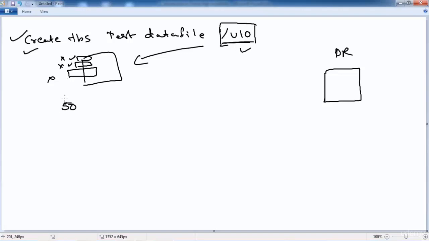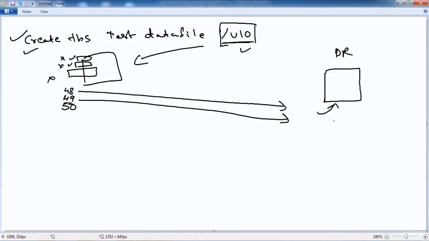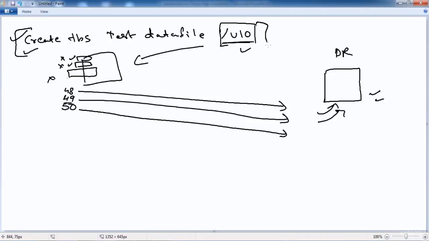This is the log number. So previously you have 49, 48, all those logs. The 48 log went to your DR server, it is applied. The 49 log went to your DR server, it is applied. Perfect, no errors. But when your 50th log, which contains this create tablespace statement, reaches your DR server,